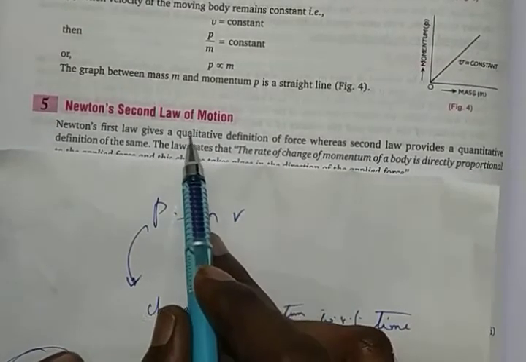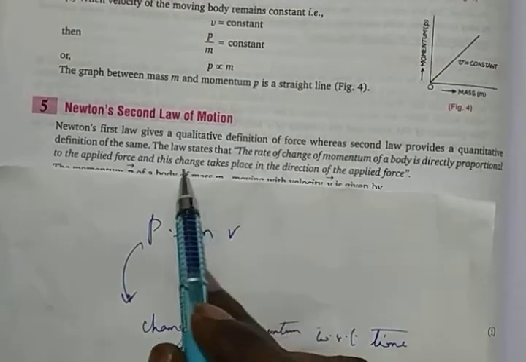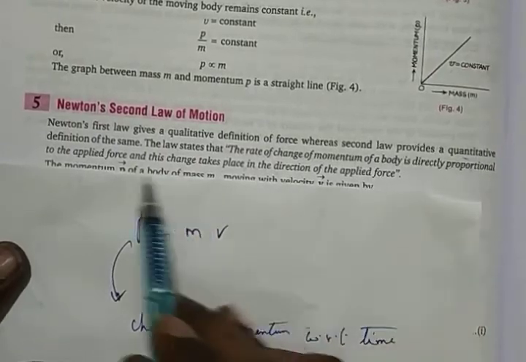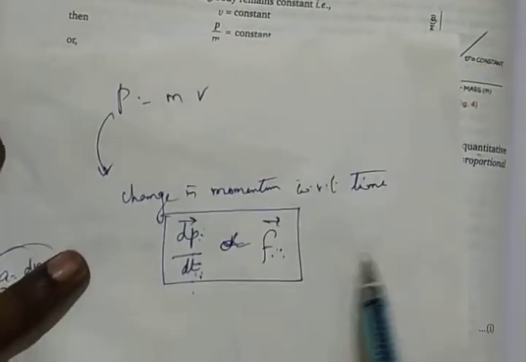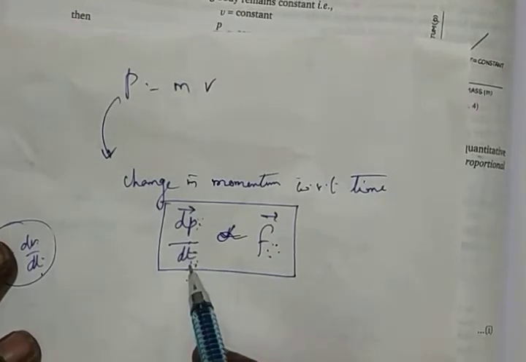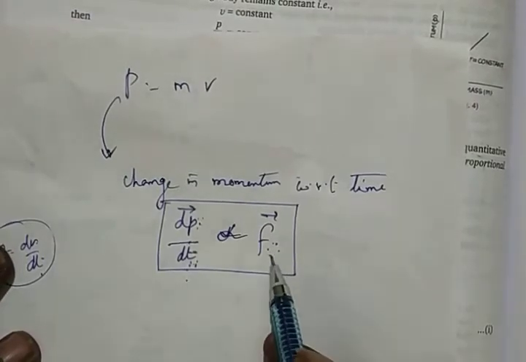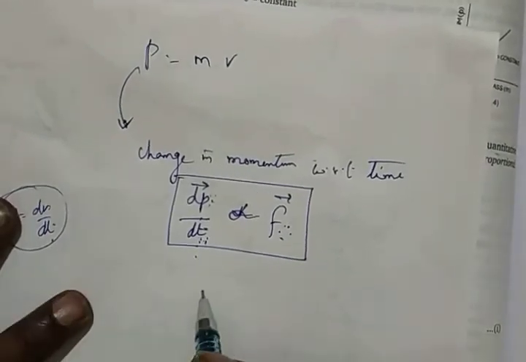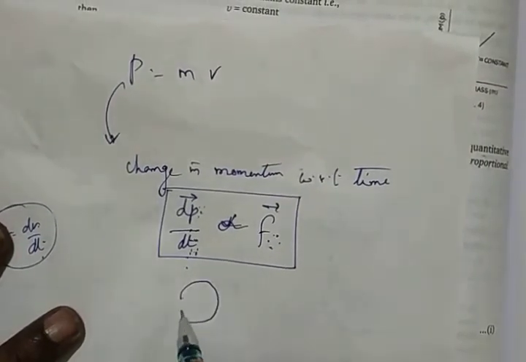So the first law is called the qualitative definition. The second law is called the quantitative definition. Look at this one, quantitative definition. So the quantity of force is given here. The rate of change of momentum is directly proportional to the force applied and takes place in the direction of force. For example, you have a stone here,